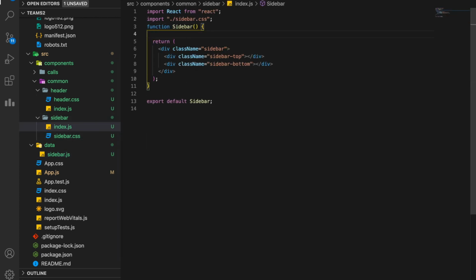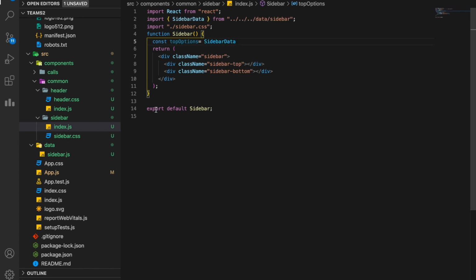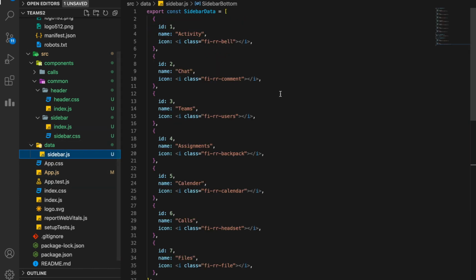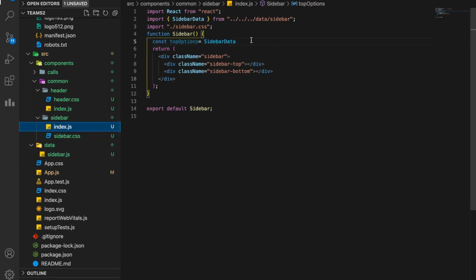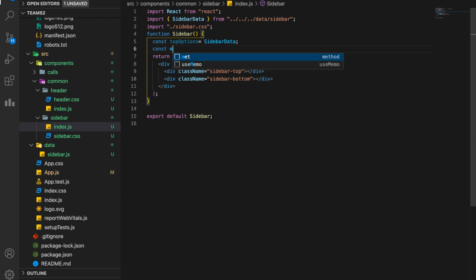Let's call all this data here so that we can use it in our component. Let's call const top options. Top options is what? Sidebar data. This one. You see the sidebar data? Yeah, this one was my top options. So I have an array with top options. I need more.